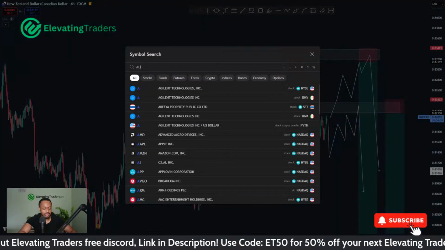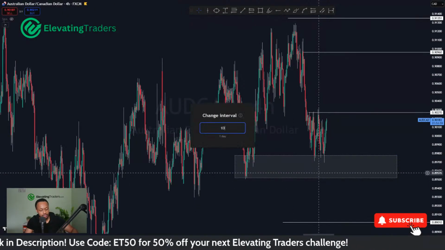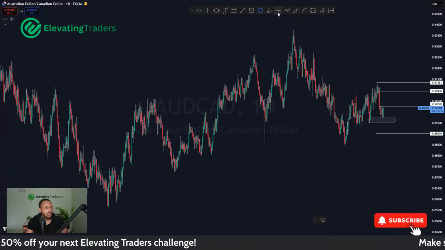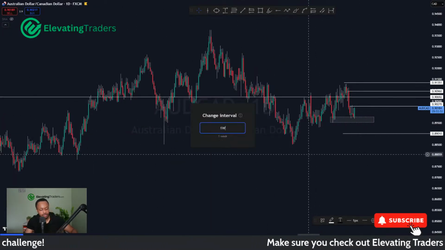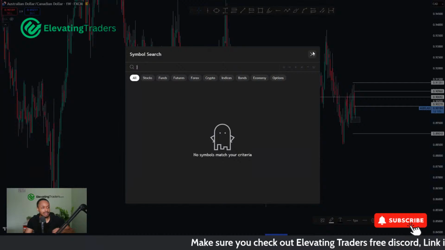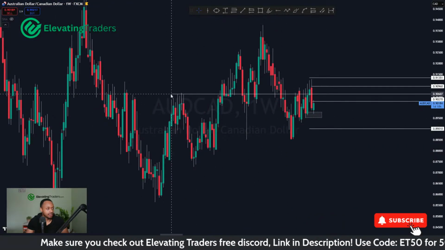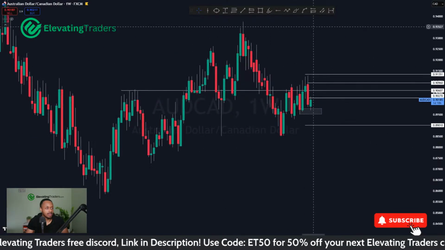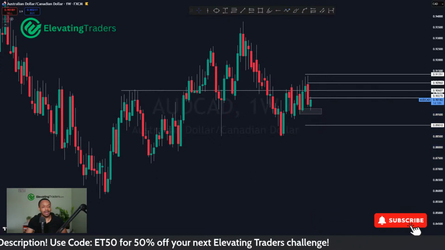And of course, Aussie CAD, I'm looking at something similar too. Price is doing a good job holding resistance on the left over here, although it has broken above it a couple times. But if I expand to the weekly, it looks a little bit more digestible here. Resistance on the left, held once, support, now resistance again. If that can stay true, there's a pretty big move to be had.